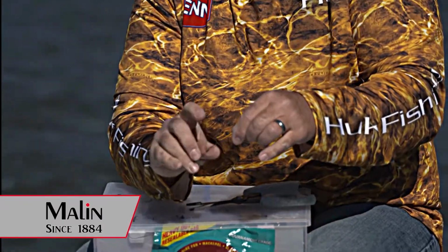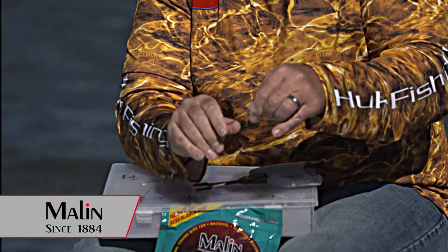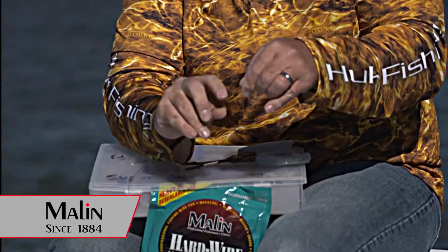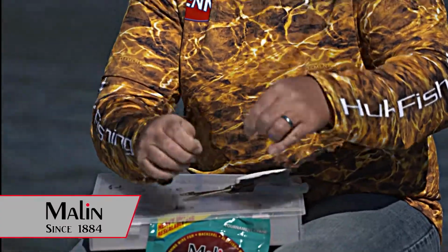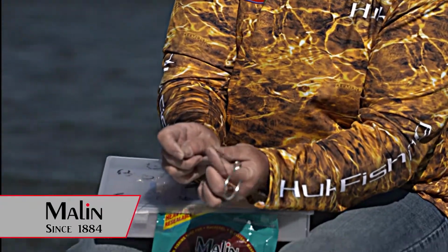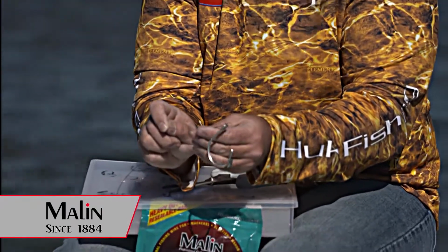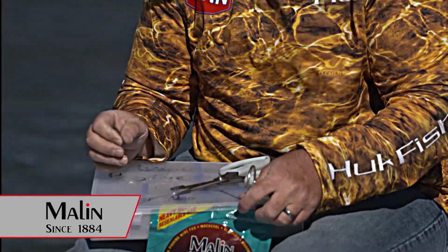Now when you're done, don't cut it. Do not ever cut that off. Just bend it back and forth, just like that, till it comes off on its own. The reason you do that is it'll end up breaking in the barrel. Malin makes good stuff. There it goes. It'll break in the barrel, and you got a nice smooth edge in case your fingers slide across of it. It won't gash you and put you in the hospital. So I'm gonna do the swivel this exact same way,